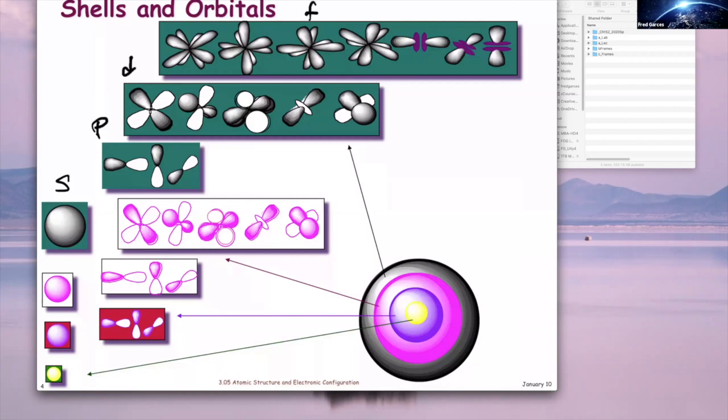Notice, however, that the 4s orbital right here is actually lower in energy than the 3d. This is your 3d. And that's going to be important once we do electron configuration. Why is the 4s orbital lower than the 3d? It has to do with the fact that the electron in the 4s orbital has a density that looks like this: 1, 2, 3, 4. The electrons can be found at the nucleus. Because it can be found at the nucleus, that means it's got extra